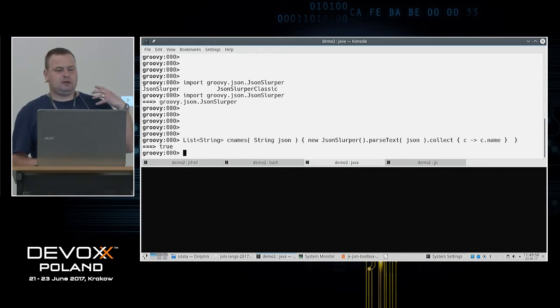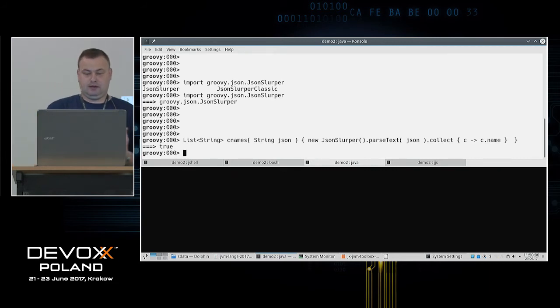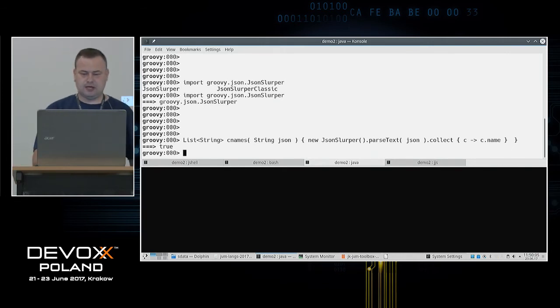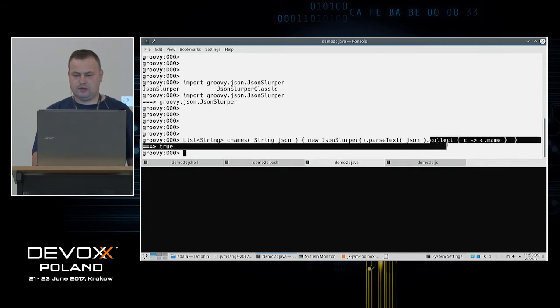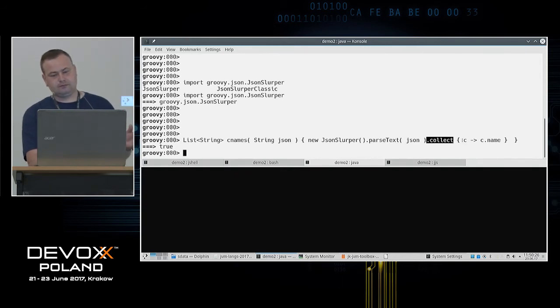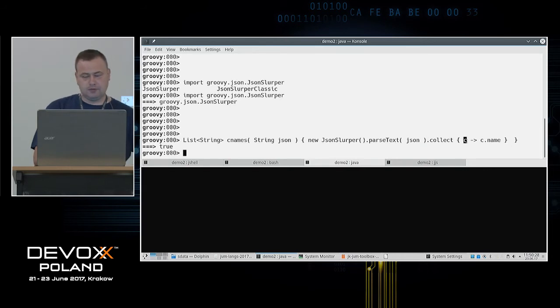I'm in the bytecode now. I mean, the result of this code is bytecode. And the question is how I can achieve that. How is it that I can invoke this collect on something which, from the JVM point of view, we don't know what it is? So Groovy checks the type at runtime, whether it's something iterable, and in this case, it is. So, OK, the method collect can be applied, and then it takes an object